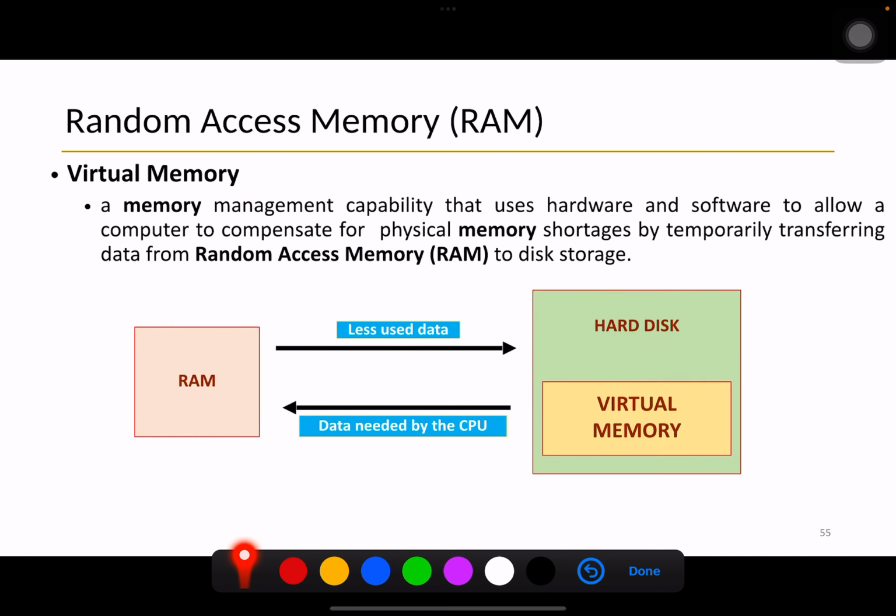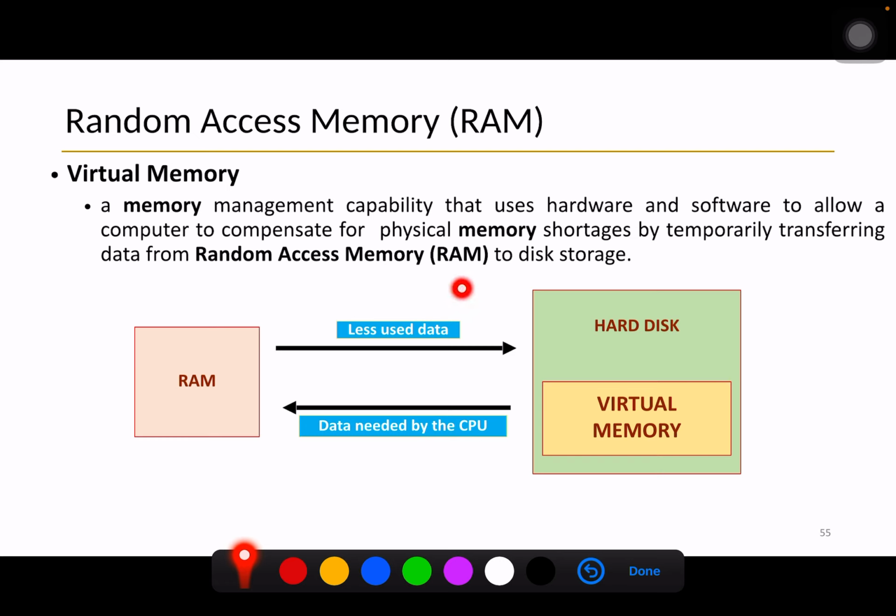Virtual memory ni is also a type of RAM. Okay, tetapi dia duduk dekat hard disk. Okay, kalau mana-mana komputer pakai SD card pun sama, duduk dekat SD card. Alright, so what is virtual memory? It is the portion of hard disk ataupun portion of secondary storage. Okay, hard disk, SD card semua tu itulah secondary storage. It is the portion of the secondary storage where it is used to act, okay, to act untuk menjadi random